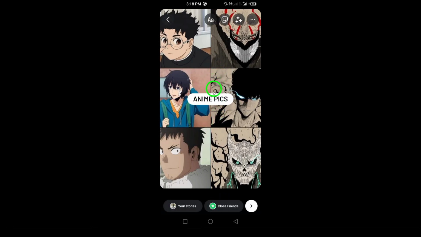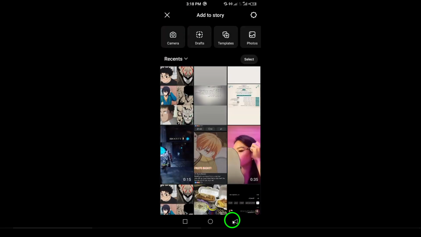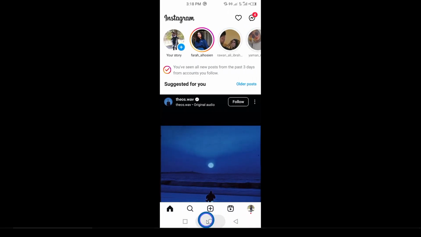When you're satisfied with how it looks, simply tap Your Story to post it. And that's it. You've now added text to your Instagram story. It's a great way to add personality and style to your posts, and you can do it in just a